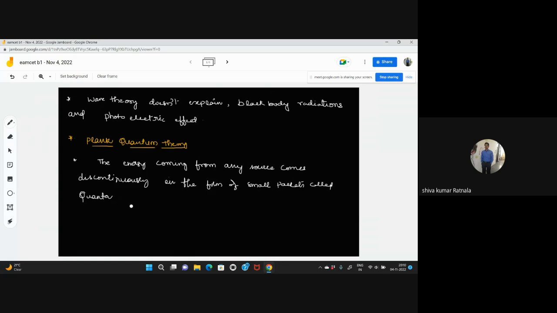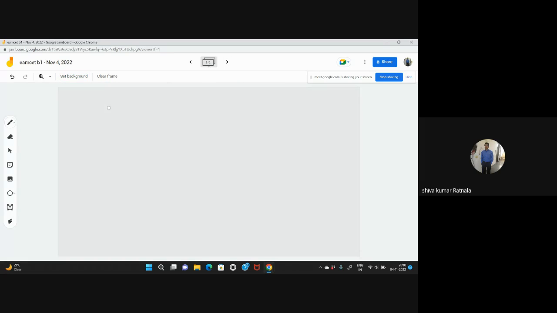That means the energy comes in a discontinuous manner, like this is one packet, this is one packet, and this is one packet. Light or anything can come like this, and these small packets we call quanta. He says that the energy of this quanta